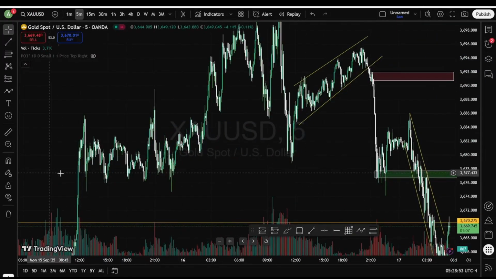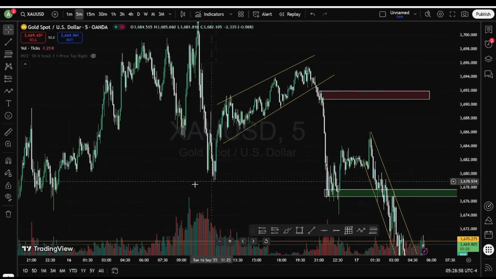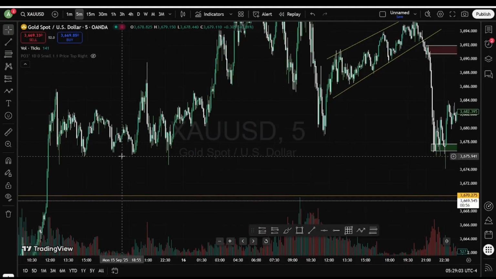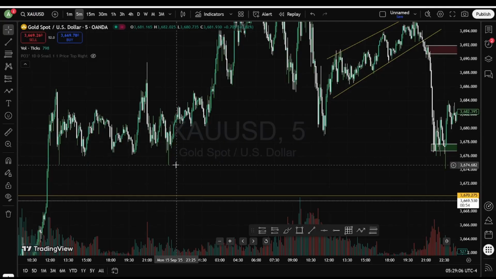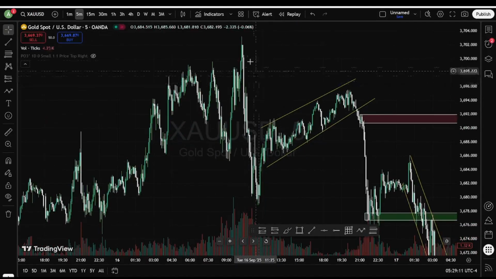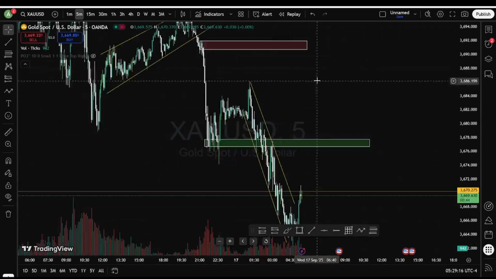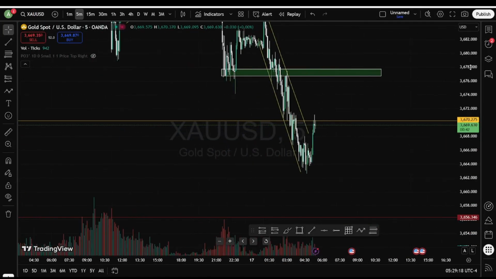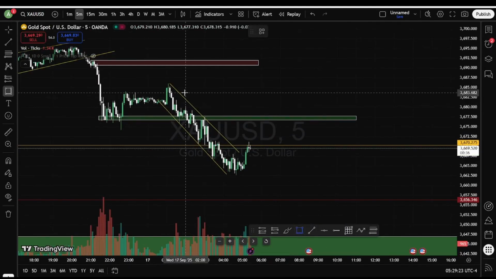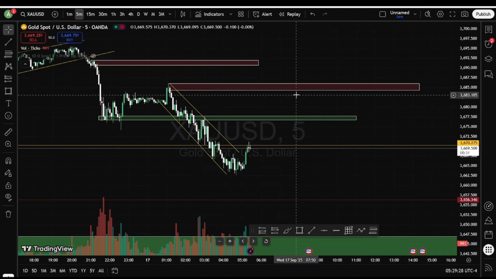After the New York session, the next day it does a range. And the next day the market again grabs all the liquidity here, Tuesday, all the liquidity from here, and again it goes to a new high, and again we saw that it's rejected. So for today, here we have a major resistance level, today's resistance. This is our today's resistance, guys.